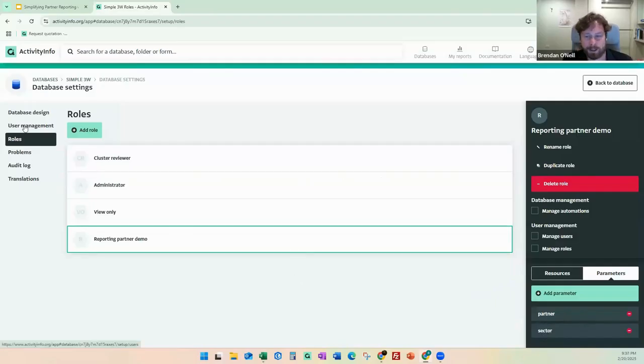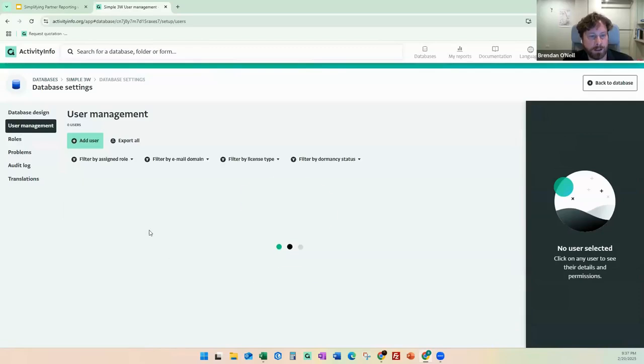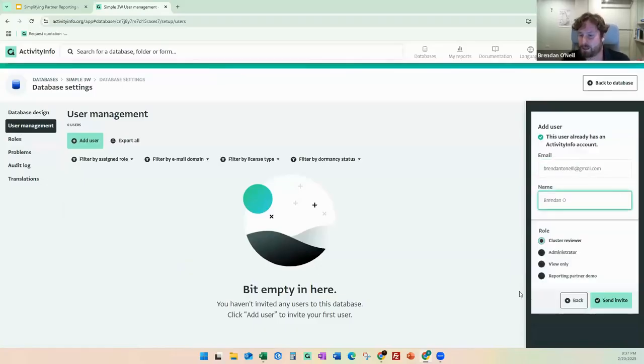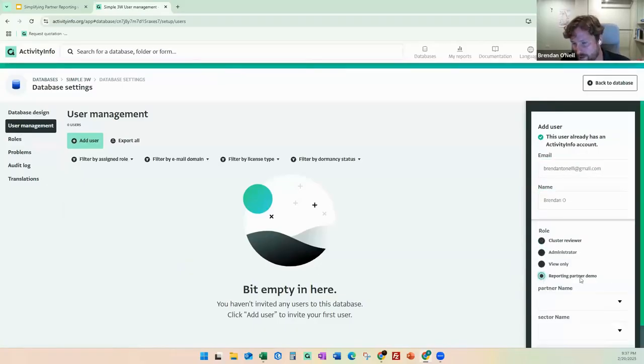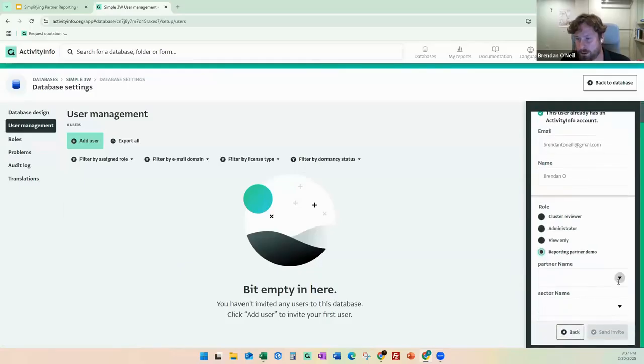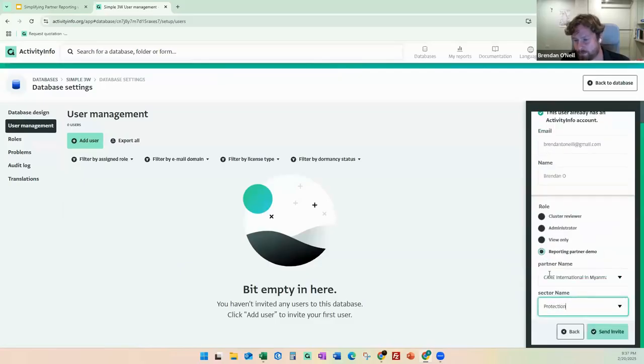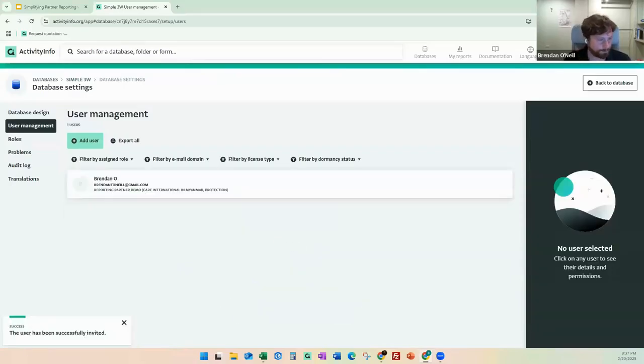So what that looks like when I add a user is, I can add, I'll just use my personal email address. If I give myself a partner reporting role, I need to select which partner they're associated with and also which sector. So I'll select Care International Protection. If I send the invite there, and let me jump over to,